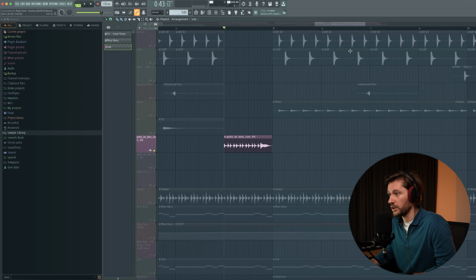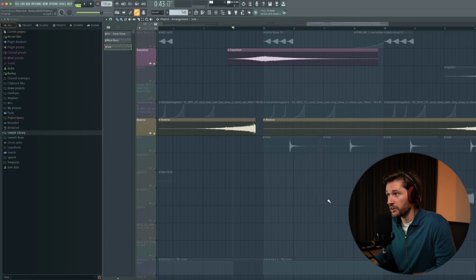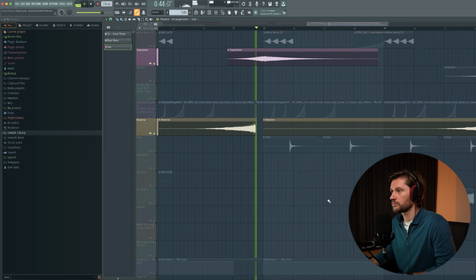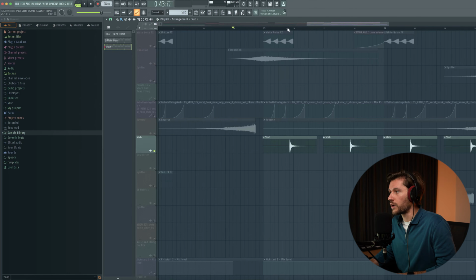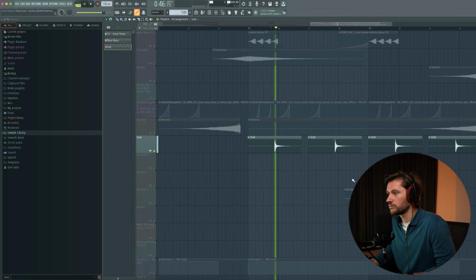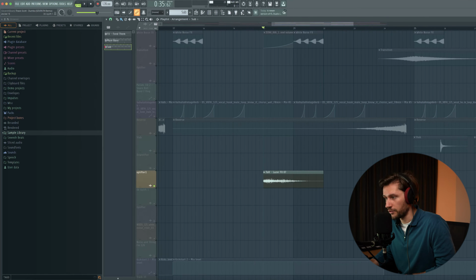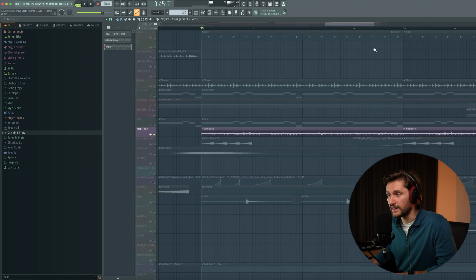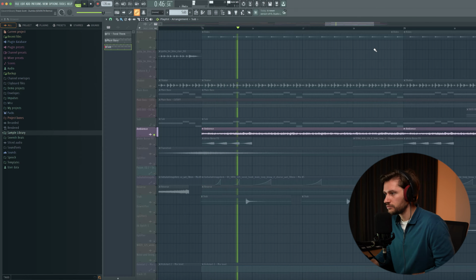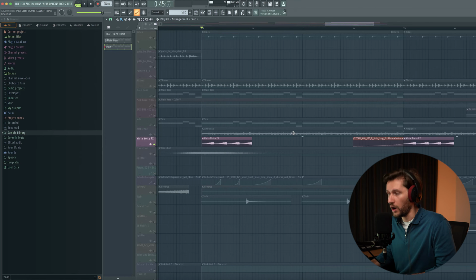Next up, I'm adding some more effects, some up and down lifters, some fills, for example, like this one. Some transitioning effects. We're adding this stab right here. And we're adding this laser effect. We're also adding this ambience and some sidechained white noise. So combining all these elements,